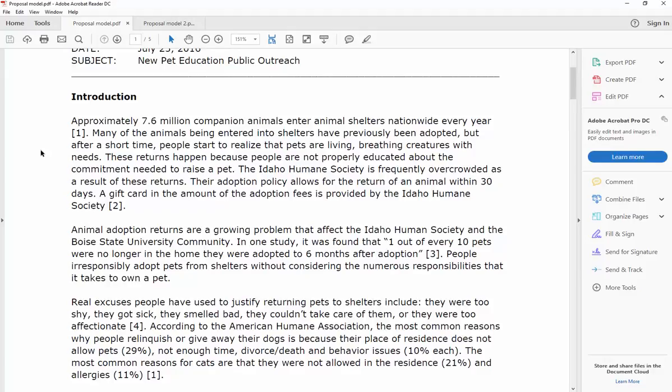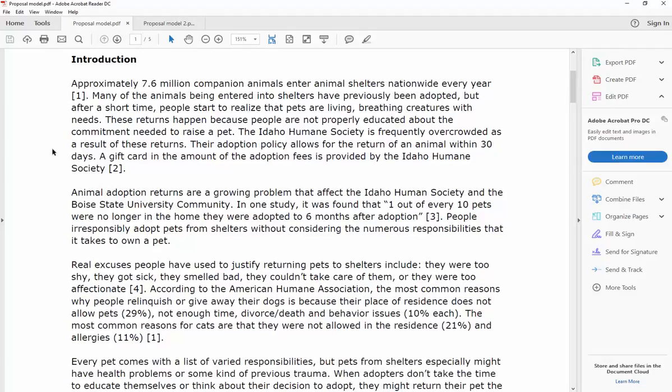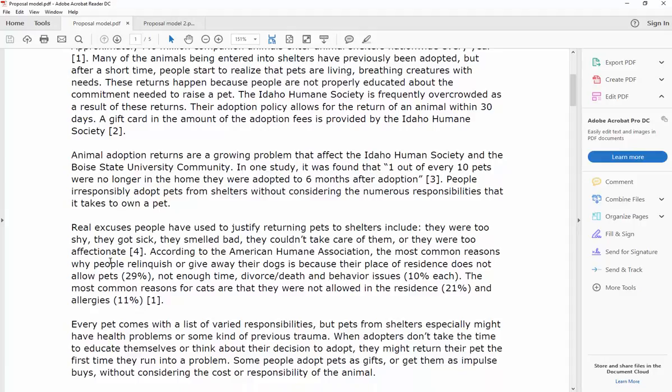When you're working on a problem such as this one, where it's really easy to be very opinionated about it, and hopefully all of you are working on a project that you feel really passionately about, the challenge is to make sure that you're phrasing your sentences and the overall argument in a way that isn't relying on opinion or making it sound like you're accusing different people of wrongdoing. So here you can see that despite the fact that the proposal is focusing on something that's fairly awful, which is people having to return their pets, they were able to shift the tone to sound a little more objective versus accusing people of throwing their pets away. It shows a more nuanced understanding of the problem because not everybody who gives away their pets wants to give away their pet. They sometimes have to for other reasons. So it still has little vestiges of that bias,